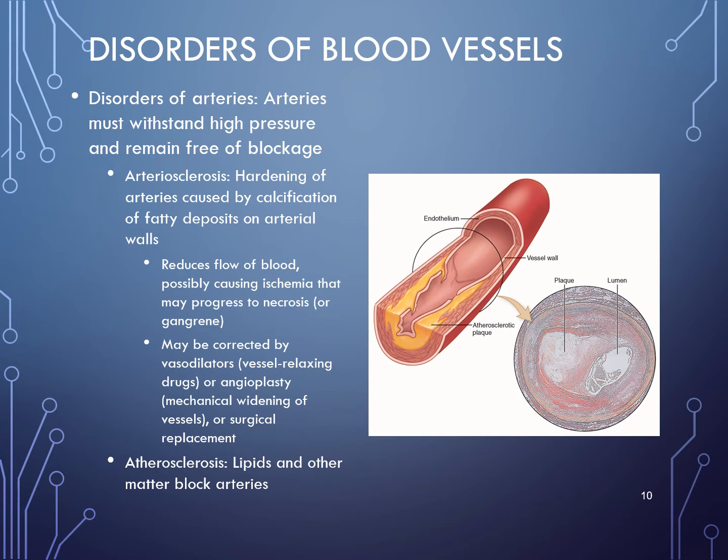Arteriosclerosis is hardening of the arteries caused by plaques or calcifications of fatty deposits on the walls. And so this gunk inside the vessel starts to build up over time, and it causes narrowing and hardening, inflexibility of the vessel wall. It impedes the flow of blood,